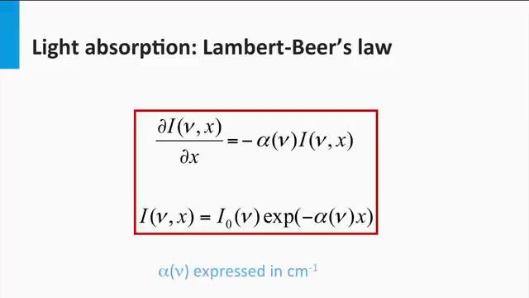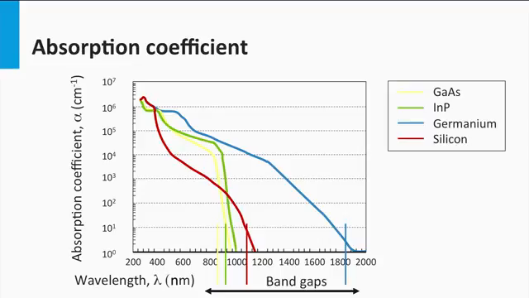It is important to realize that the absorption coefficient for materials is not the same at every wavelength. In this figure, the absorption coefficients for 4 different semiconductor materials are plotted: germanium, silicon, gallium arsenide, and indium phosphide. First, you see that germanium has the lowest band gap. Germanium starts to absorb at high wavelengths, which means low photon energy. Gallium arsenide has the highest band gap as it starts to absorb light at the smallest wavelength or the highest